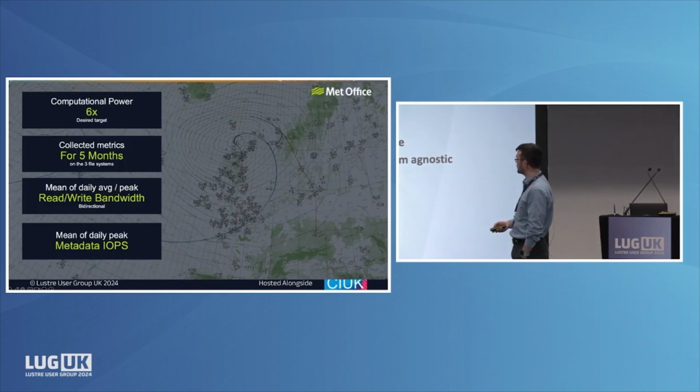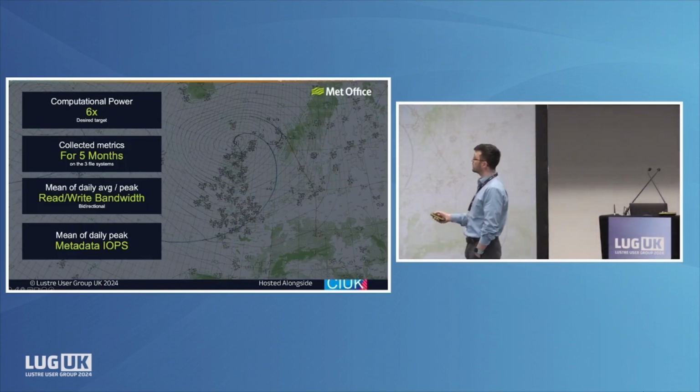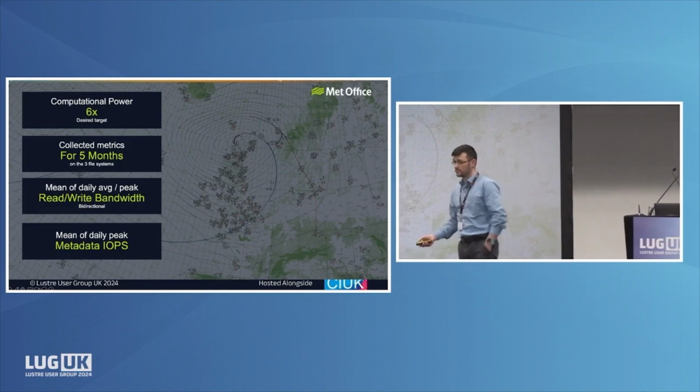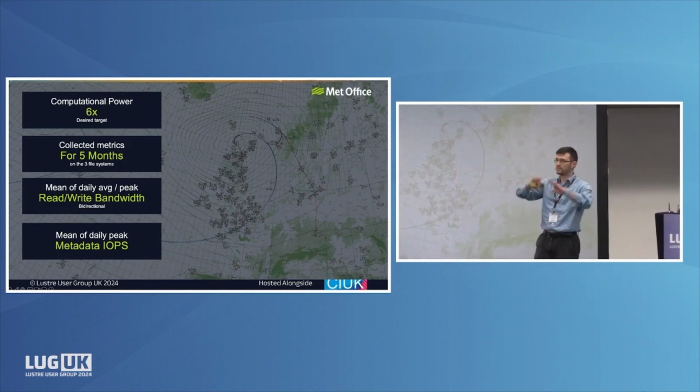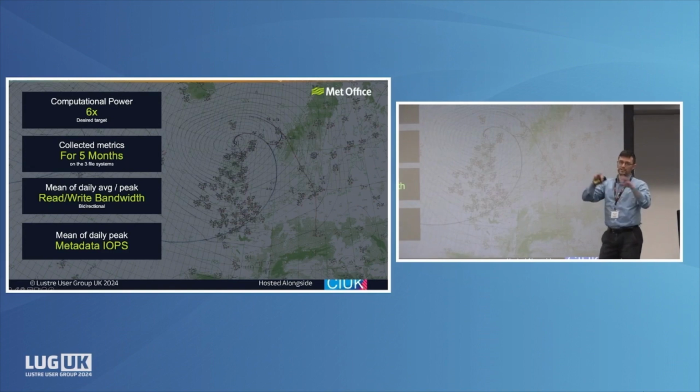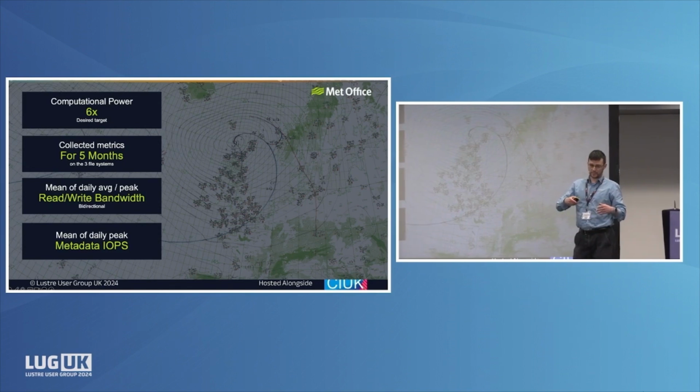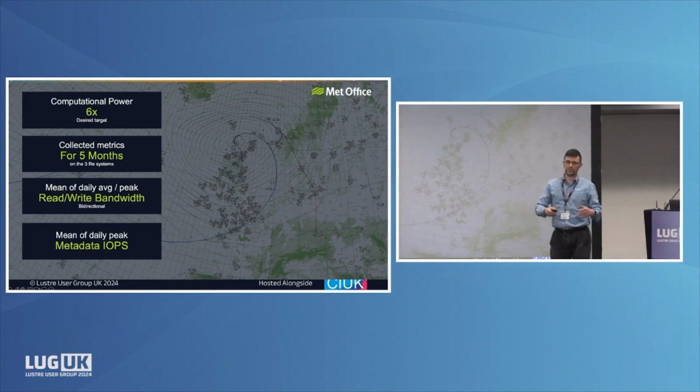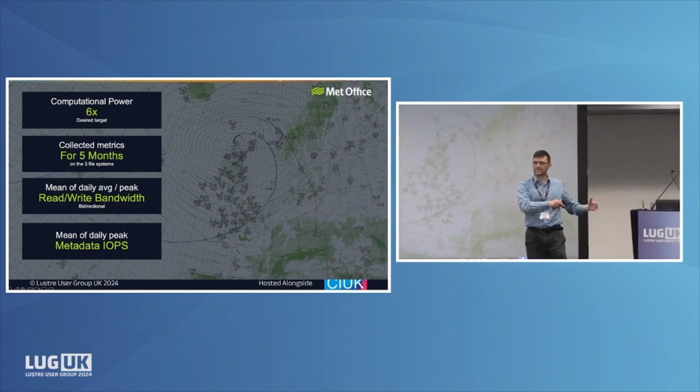so everyone that has the capacity can bid on our procurement. So as a target, we have an increase in computational power of 6 times. So taking the 3 systems together and have a 6 times. We wanted them to divide it into two big systems. What we did to make sure that we get what we really needed, instead of saying, okay, the performance of the current system is X, we want Y for the new supercomputer,